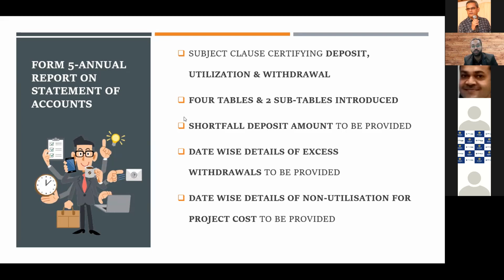But yes, if he has two projects in two different companies, and money goes from one project and is given to the other as an unsecured loan, then there is a point of dispute. That means he is diverting the funds, and that needs to be mentioned here properly. That is not called unsecured. If it is external, friends and relatives, that can be called so. But whatever it is, you can mention that we have considered it as an unsecured loan, because the definition is not exhaustive, it is inclusive. So on a case-to-case basis in the CS certificate, we can allow interest costs also in incurred project cost. Yes, interest cost is allowed, but compensation is not allowed.